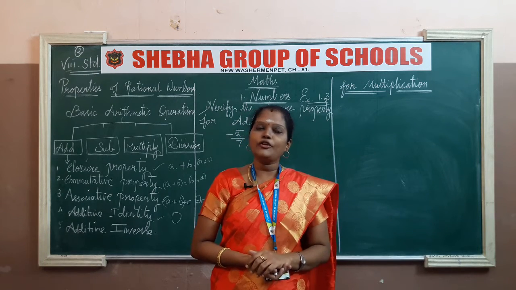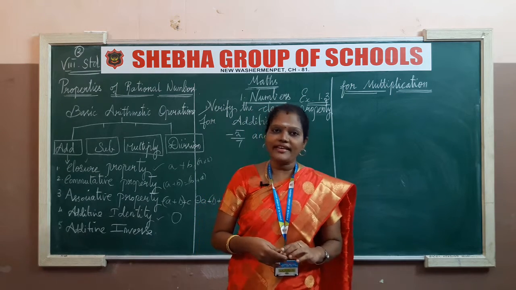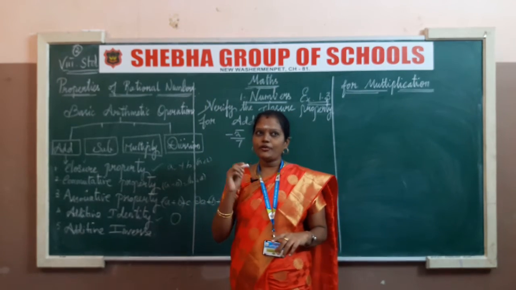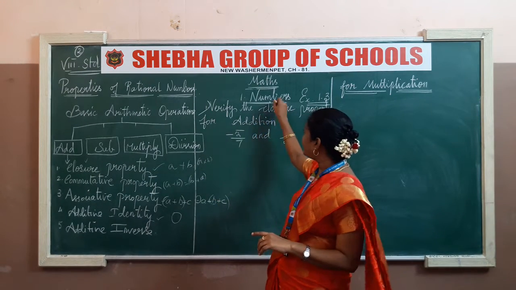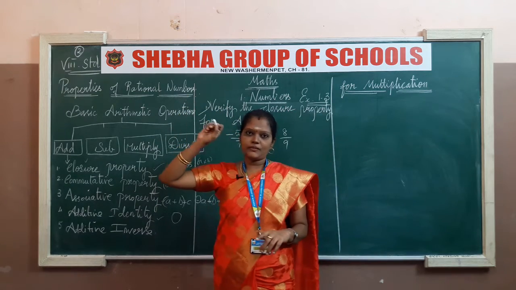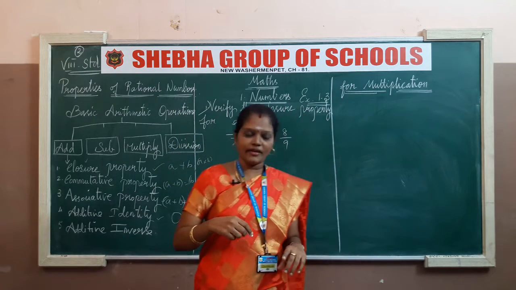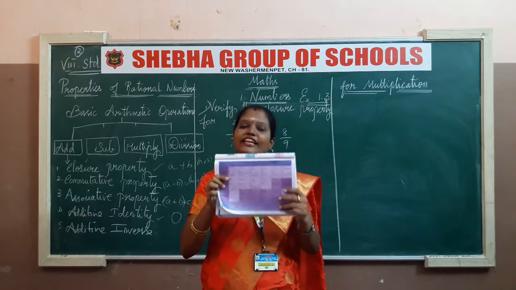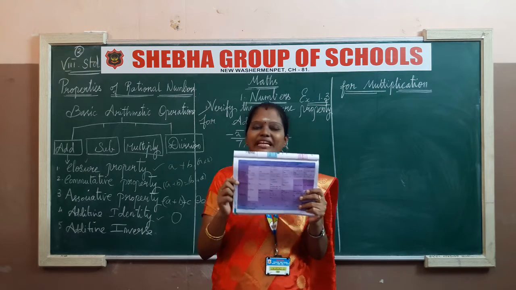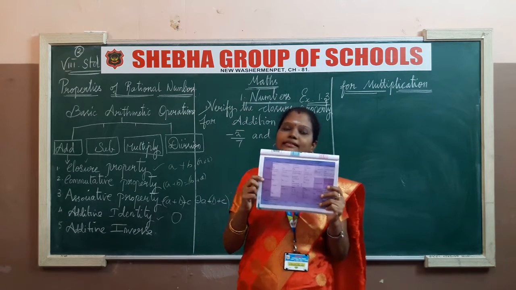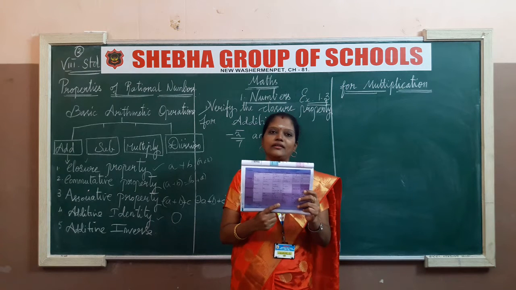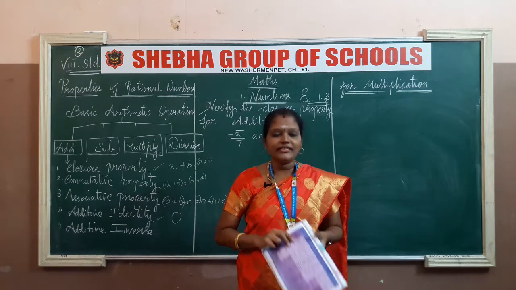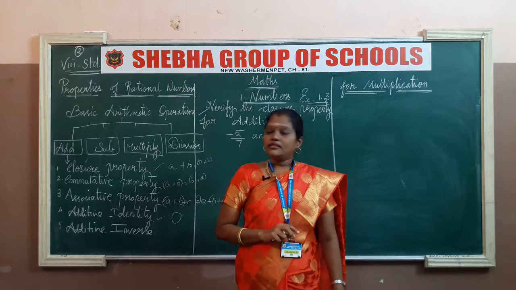Now we are moving to the new one, that is exercise 1.3. It is nothing but properties of rational numbers. Clear children? We are going to see the content 1.3 in numbers, properties of rational numbers. Before we enter the properties of rational numbers, everyone just take out your textbook and see page number 21. In the table column they have clearly given the properties of rational numbers. You can just refer to that. Afterwards we are moving to the content now.